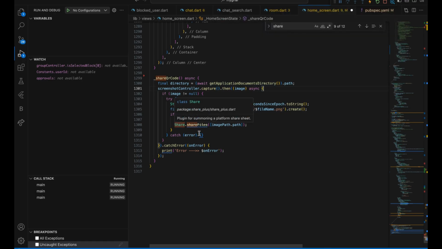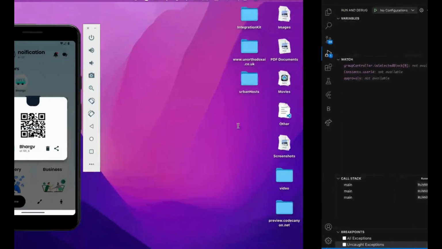After that, if the image is not null, we will write the image to the image path. And once we get everything stored in the file, we will just use share files and share the image. So it's pretty simple. It can be done easily. So now if I show you how it looks, okay, I'll just save it once, and if I